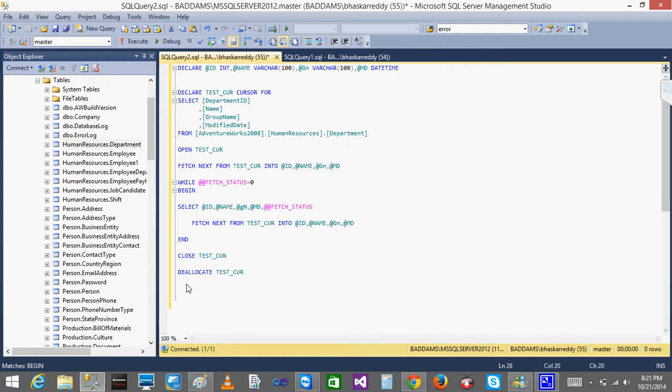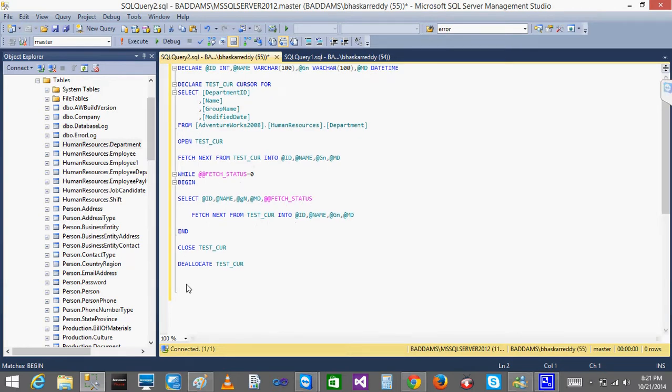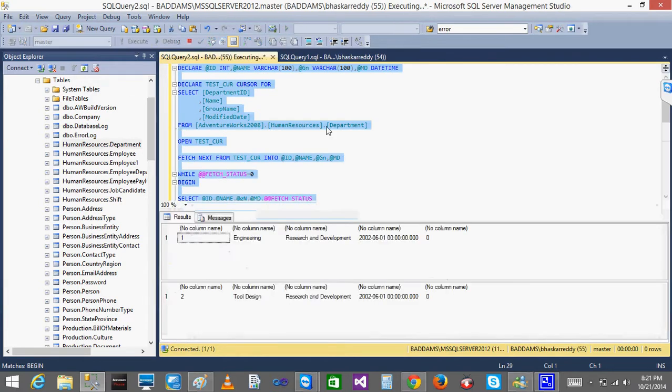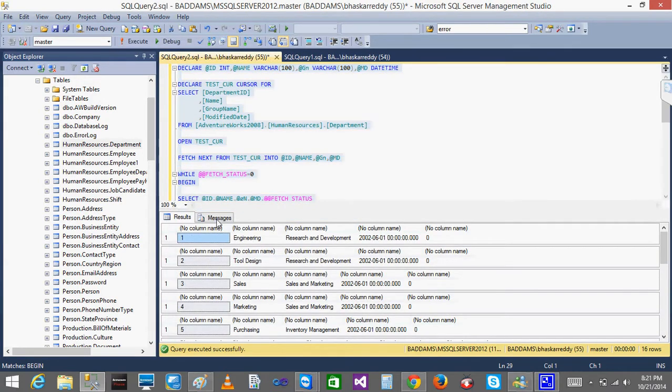Okay, now see how it is going to be. When I do that, I will get the data. I will just execute this cursor. Now you can see the data in the print command. Since I did the select, it is showing in the result. Every record is separated, and when I do a plain select, I get all the records in a single window, but now you can see a different window for each record, and the fetch status is 0, 0, 0.